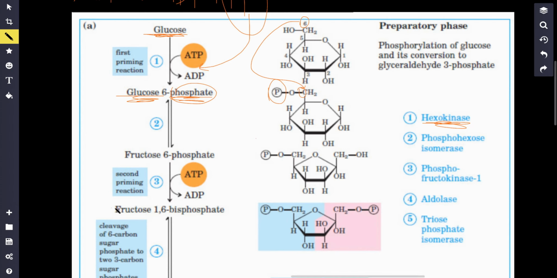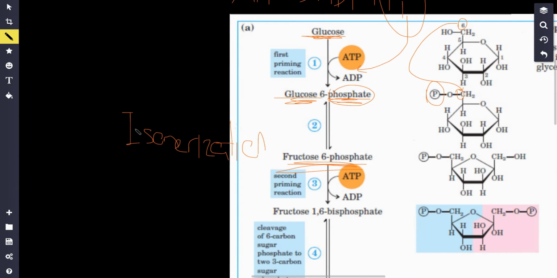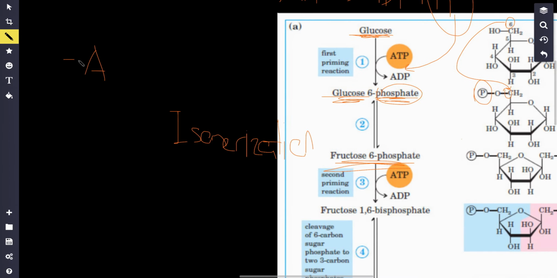Now, the second step is that glucose 6 phosphate is going to turn into fructose 6 phosphate. And this is an isomerization reaction. Y'all know what isomers are, right? Isomers are molecules that have the same amount of atoms, but they exist in different forms. Their structures are different. So for example, let's say I'm just making this up, but